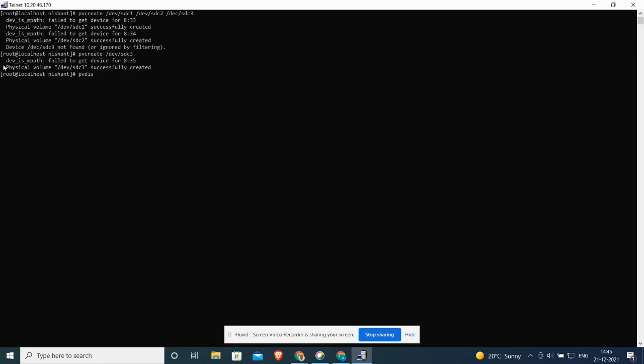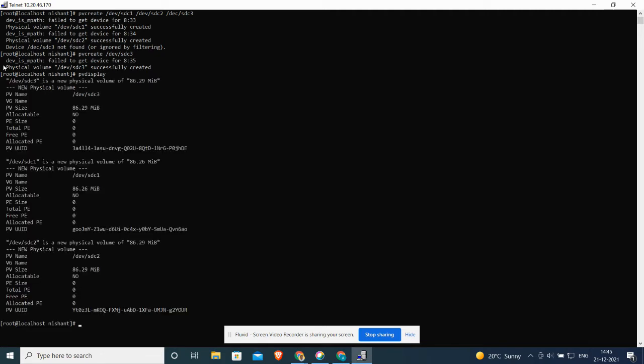We can see whether they have been created or not by using the command pvdisplay. So we have converted the physical partitions into physical volumes, and we can see that one of the physical volumes is SDC3, one is SDC1, and one is SDC2.